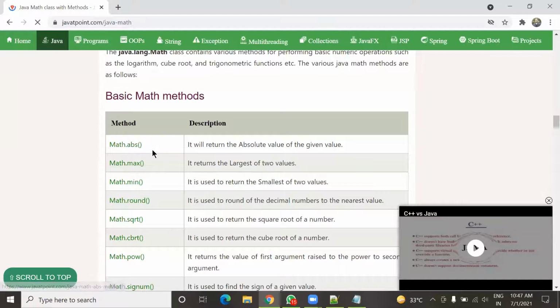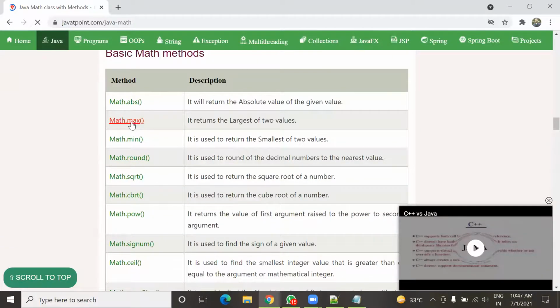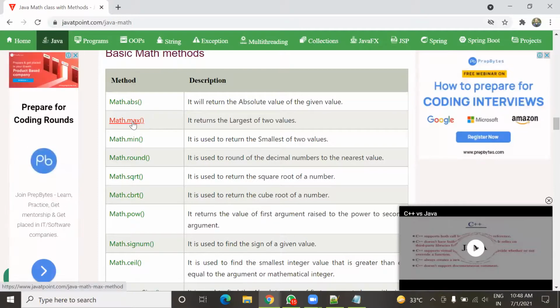Math.abs, so abs is one of the predefined methods. It is used to find the absolute value of a given number. Here again, the max method. Max is used to find the largest of two values. Either you can write a whole program to find the largest number, or you can use this max method. If you use the max method, you don't have to write the whole program. I'll tell you how to use them.